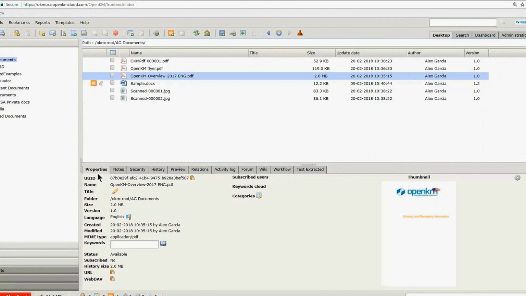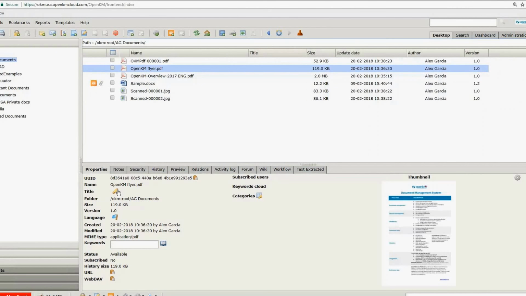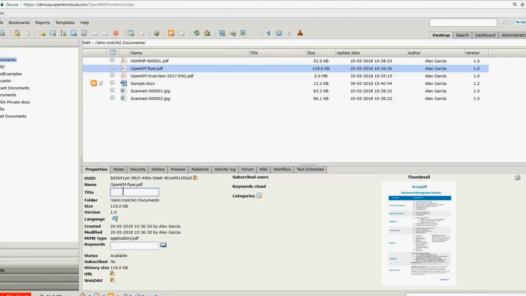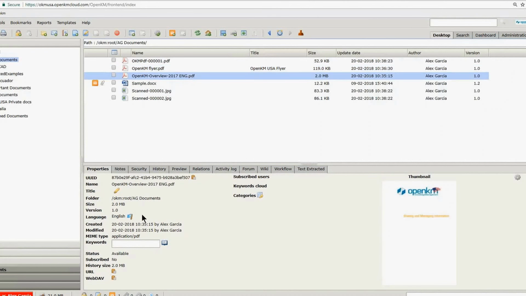The first one is the properties. This gives us a general overview of the document, such as the name or internal name, the ID, and a few other options here. For example, we can assign titles to these documents. Here I'll go to the flyer, and I will assign the name of OpenKM USA flyer as the title. Our OCR has